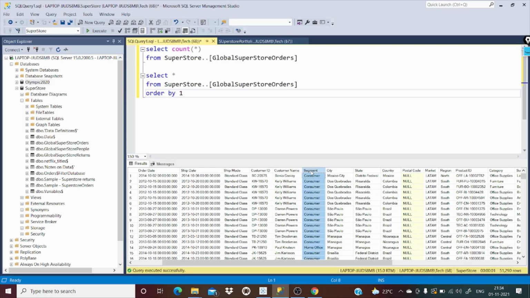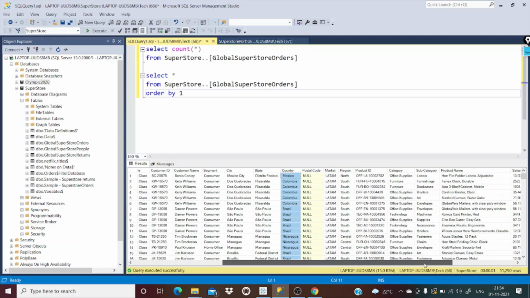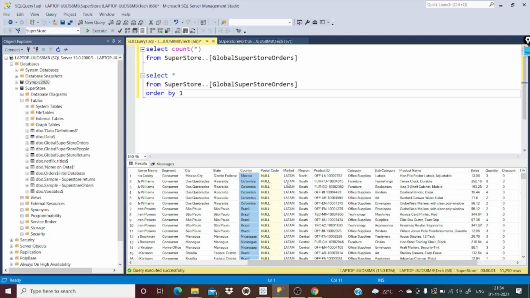Segment, whether it is consumer, home office, or corporate, and then city, state, country. Since this is global superstore, there are many country names. Postal code is null, and then market.